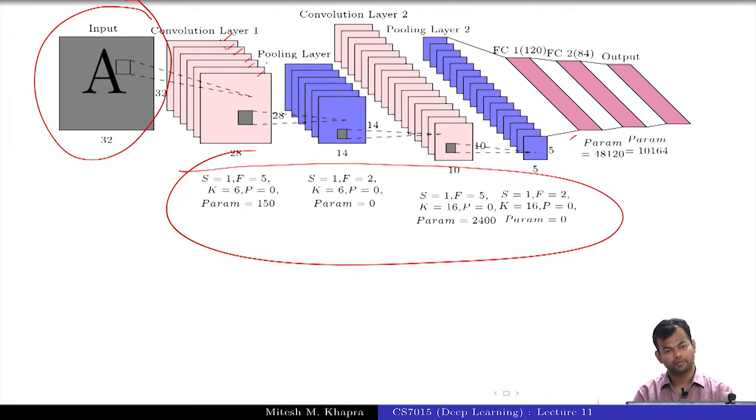What does that mean? You have used 6 filters, applied them throughout the image. Each filter gave you one feature map, so in this layer you have 6 such feature maps. Your original two-dimensional input has now become 6 two-dimensional outputs. After that, there is something known as a pooling layer. We'll see what a pooling layer is in detail.